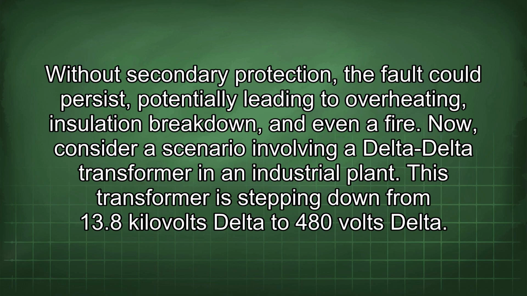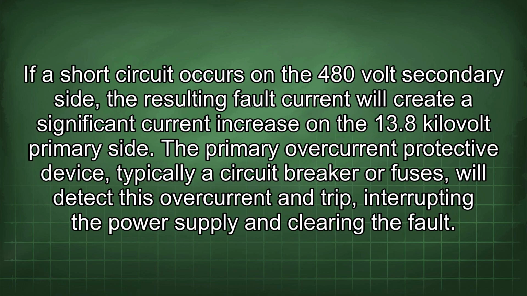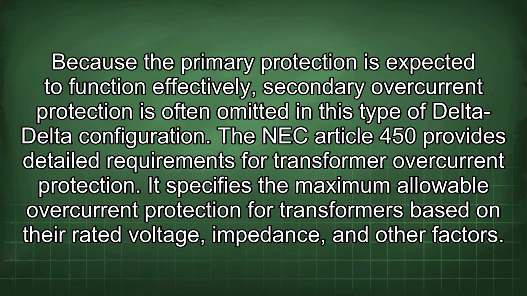Now consider a scenario involving a delta-delta transformer in an industrial plant. This transformer is stepping down from 13.8 kV delta to 480 volts delta. If a short circuit occurs on the 480-volt secondary side, the resulting fault current will create a significant current increase on the 13.8 kV primary side. The primary overcurrent protective device, typically a circuit breaker or fuses, will detect this overcurrent and trip, interrupting the power supply and clearing the fault. Because the primary protection is expected to function effectively, secondary overcurrent protection is often omitted in this type of delta-delta